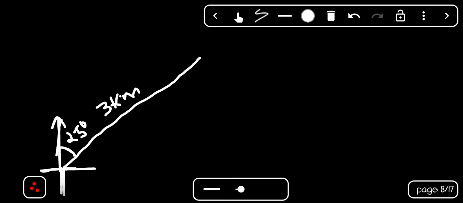So this is Jade here, right? So she walks 3 kilometers on a bearing of 23 degrees. So this is 23 degrees on the first quadrant, right? So she walks 3 kilometers on this. Okay, this is 3 kilometers. This is 23 degrees. Okay, and the question says, if you go back to the question,